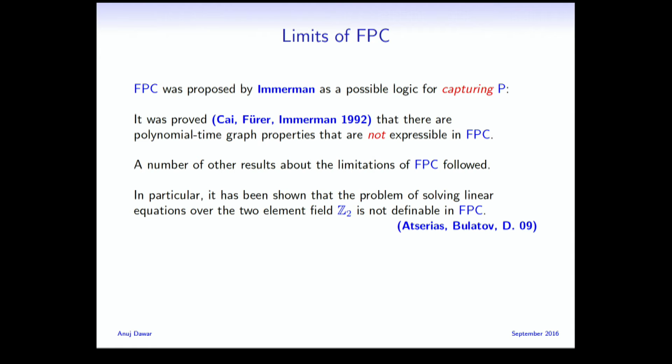There are other things like 3-colorability, which you can prove are not definable. But OK, just as an illustration of the methods used, I'm going to focus on this one. So this is clearly solvable in polynomial time. Yes, Sam? Actually, I don't mind backing up a slide or two.